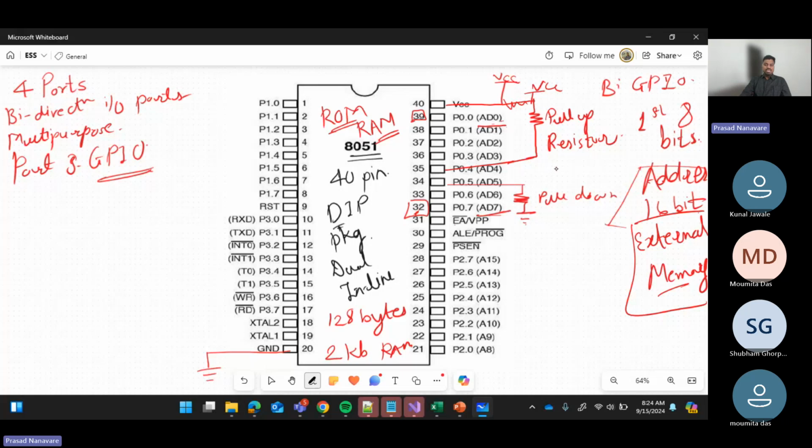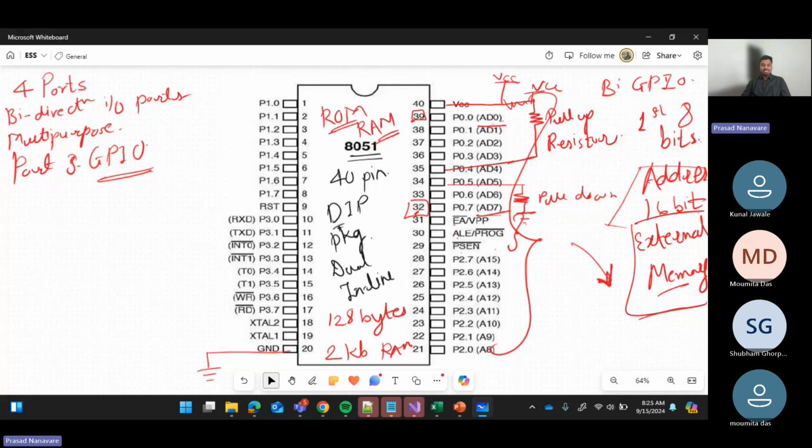Now EA, VPP, ALE, PROG, PSEN. So ये सारे जो पिंस हैं ना, ये भी तभी काम में आते हैं जब हम एक्सटर्नल मेमोरी के साथ काम कर रहे हैं, ठीक है? So basically, right side of your microcontroller is all associated with external memory. Okay,